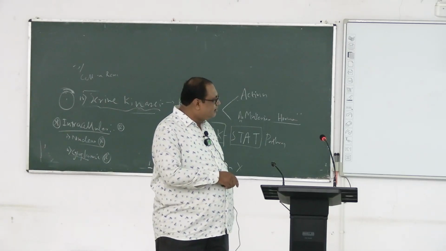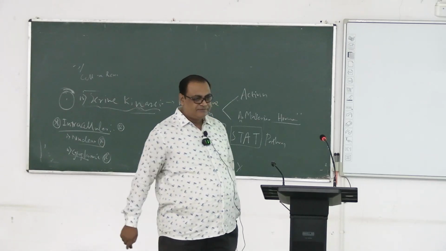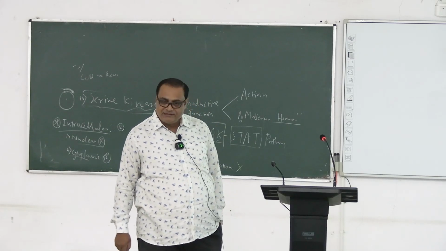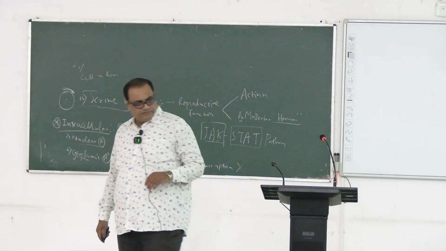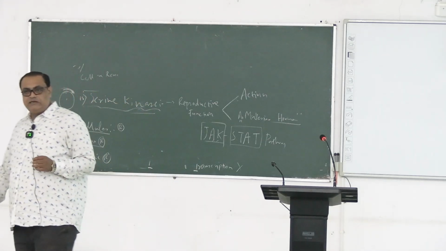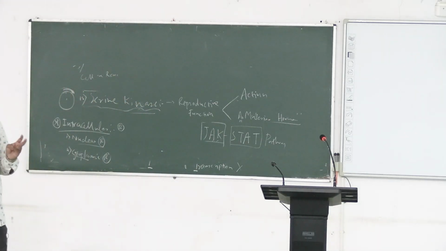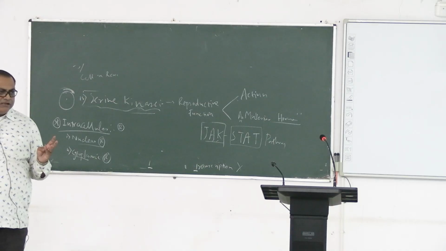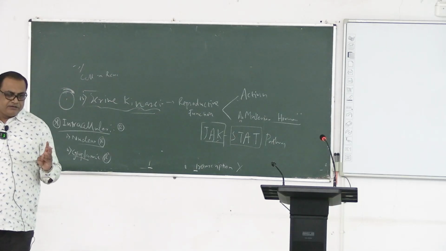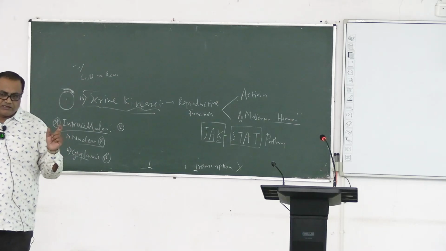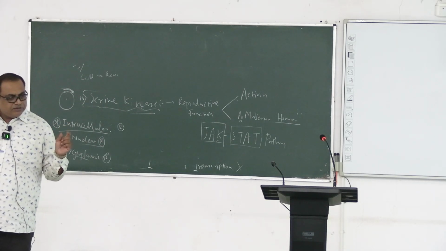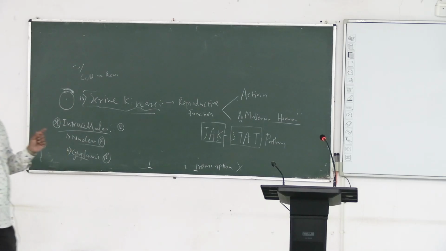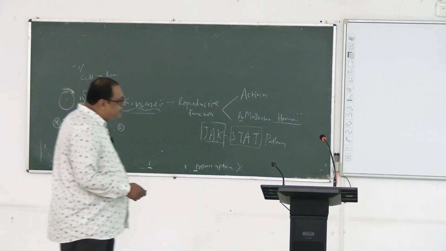This equation was not discovered by these fellows. They discovered something else. Say around after 50 years of their discovery, another group of scientists came, Briggs and J.B.S. Haldane. J.B.S. Haldane, you heard of? There is a street in Calcutta by his name, Haldane Avenue. So these two fellows, Briggs and Haldane, they gave this equation